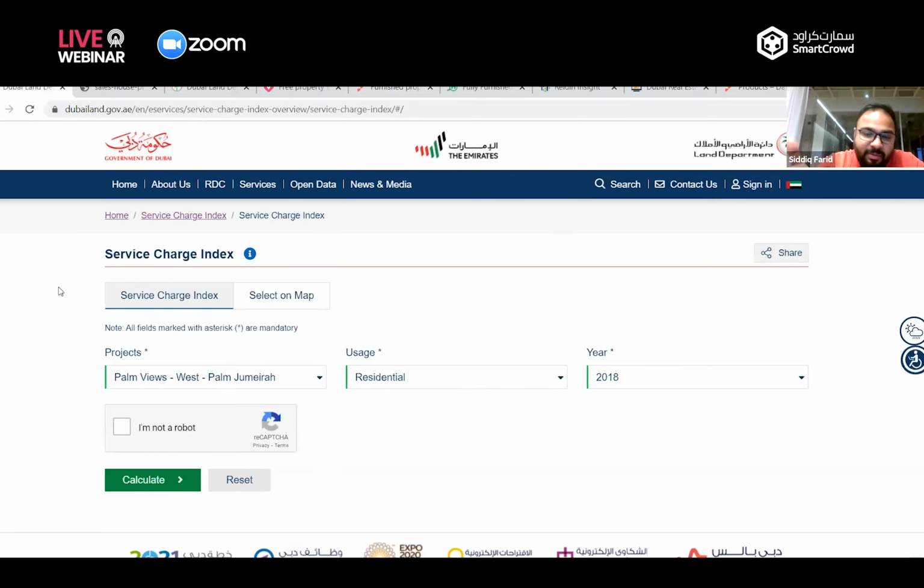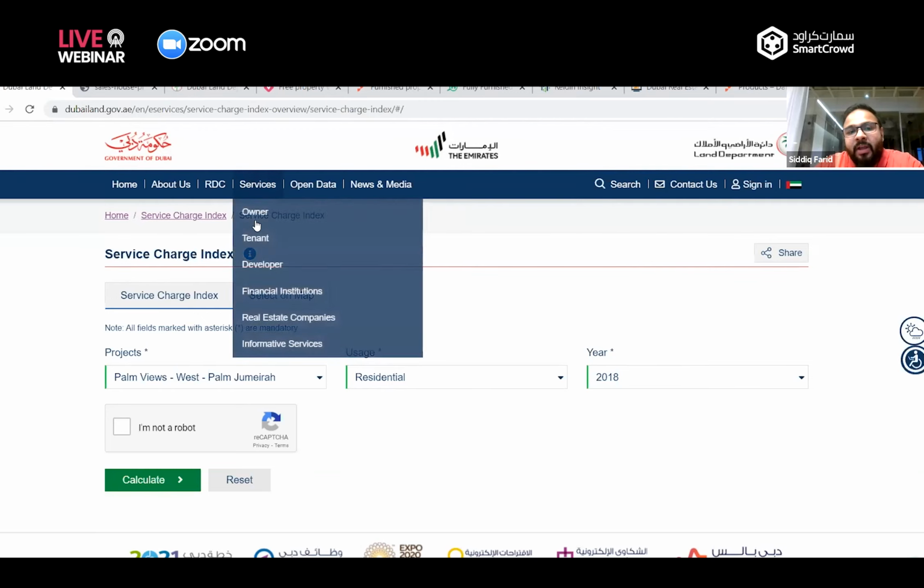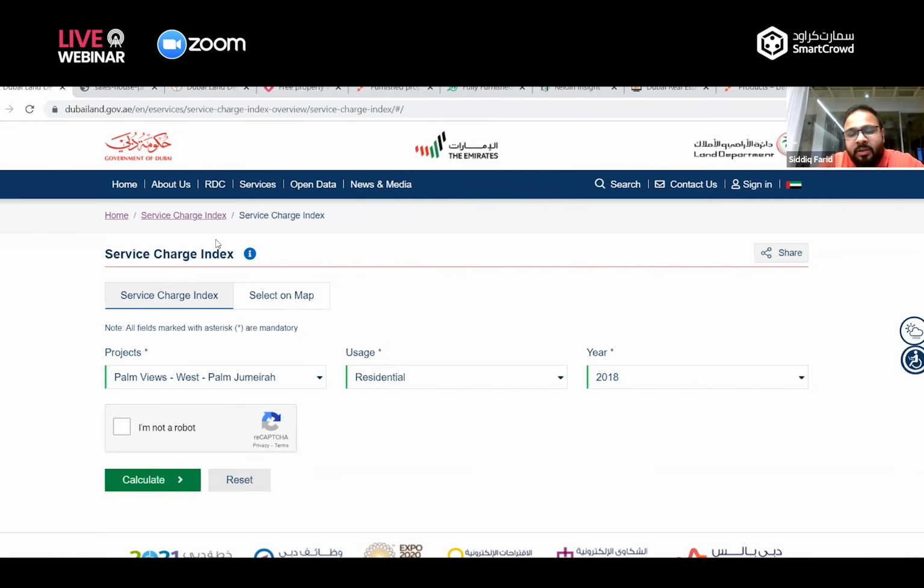There's a Mulak receipt, because all the service charges are now flowed and approved through the land department, and they issue an invoice. So you want to request that, because that gives you the authenticated cost per square foot for your service charges, to get a true sense of what the cost of service charges is. Don't rely on someone telling you what the service charge is. Ask for factual information, and you can always go to the land department website, or you can just Google DLD service charge index, and it will bring you to this page, and you can easily see